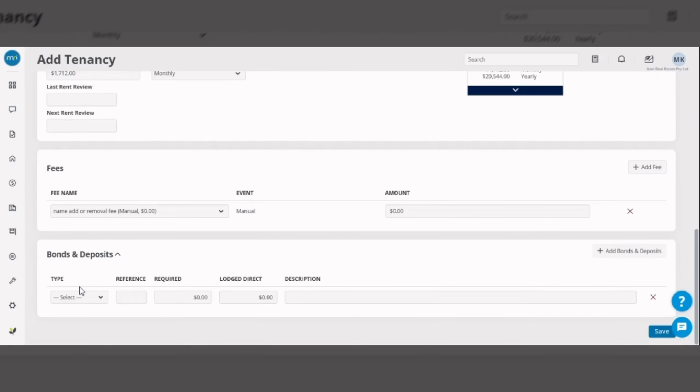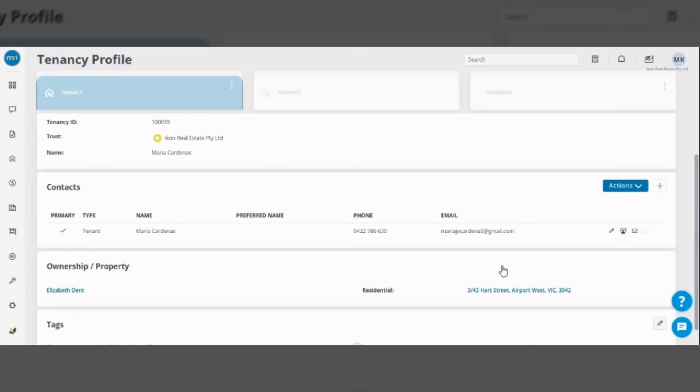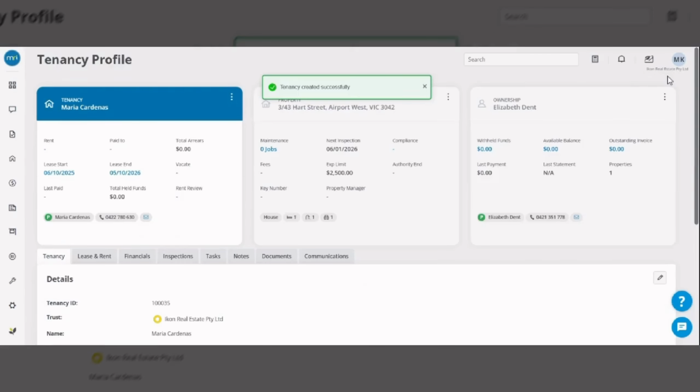The amount, and if already lodged, here you need to add the bond number, right? And then save. In this way, you can add the tenancy, property, and ownership. Then I refresh and it will start reflecting.